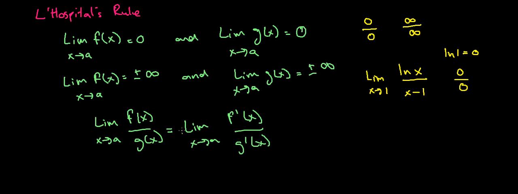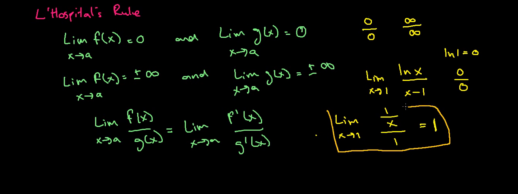So what L'Hopital's rule says is I can take the derivative of the top and bottom and then take the limit. So I'll do that. So 1 over x, and then this will be 1. And as x approaches 1, this will become 1 over 1, so this limit is equal to 1. So this was an example of a 0 over 0,